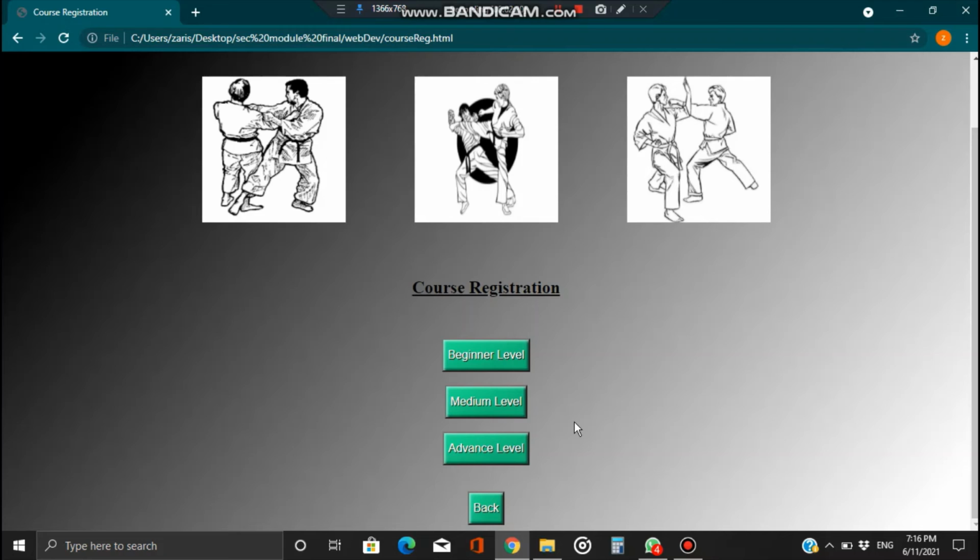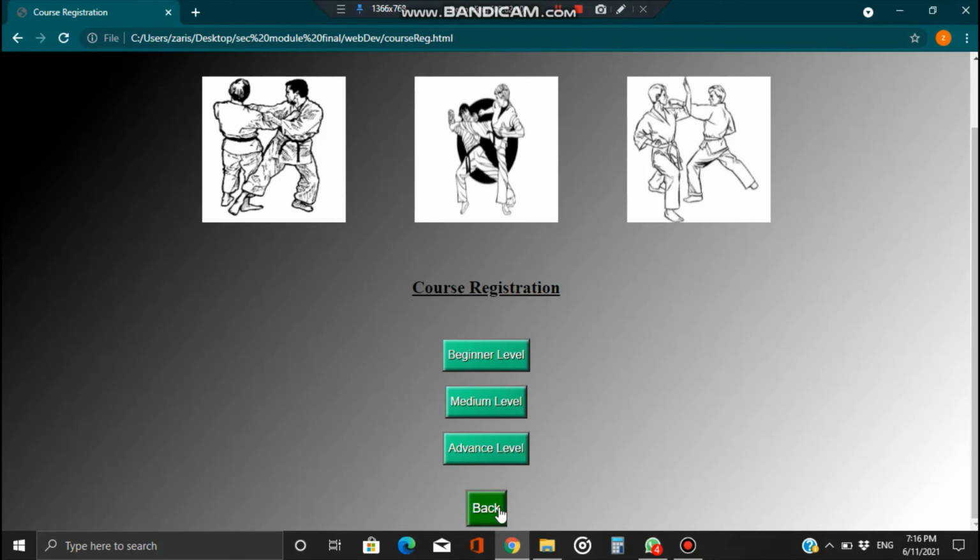All of these levels have the same functionality but different for all the levels according to the level. The beginner level has the same courses, but they are for the beginners, and the medium level has the same courses but at the medium level, and so has the advanced level. Then there is another back button that also has functionality at the back end that specifies that it has to move to the main page.